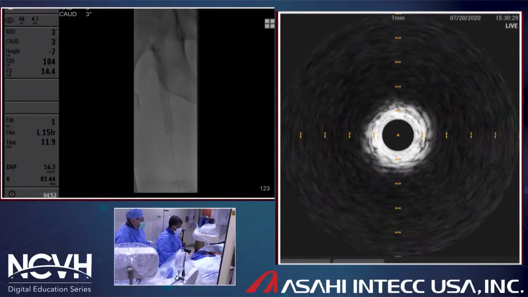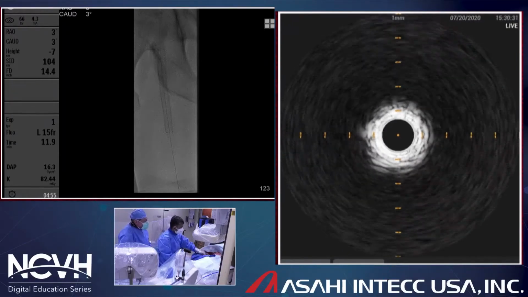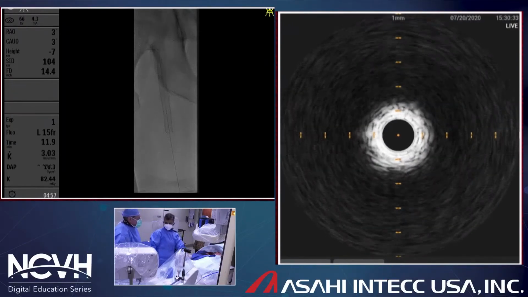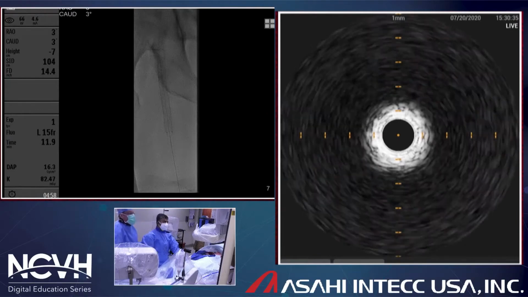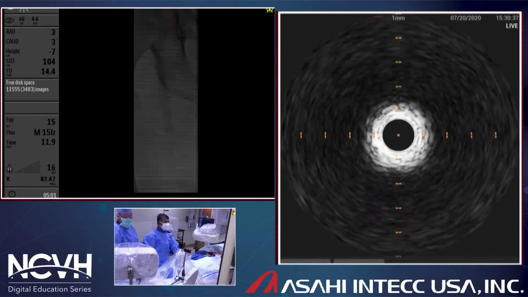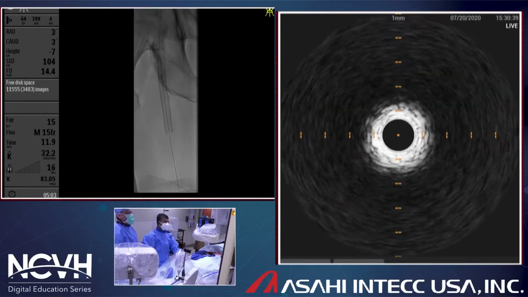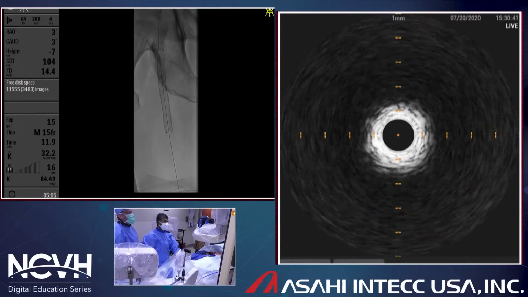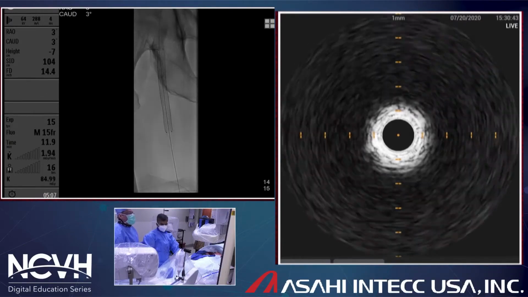Now, the intention of doing the intravascular ultrasound is obviously to size the SFA, but also to look for any residual dissections which are there. If there is any major dissections, that would change the treatment algorithm, and stenting may be opted in that case. However, as we will see,